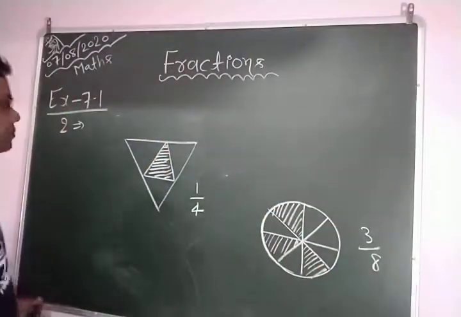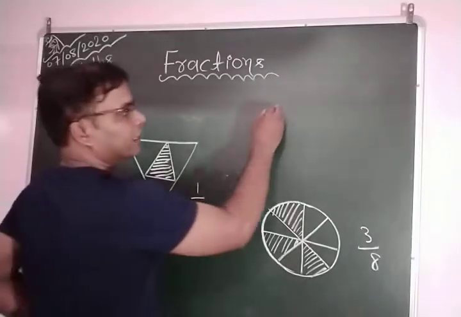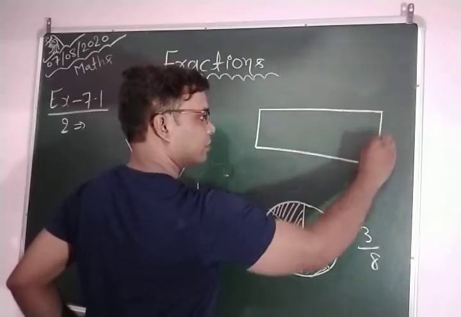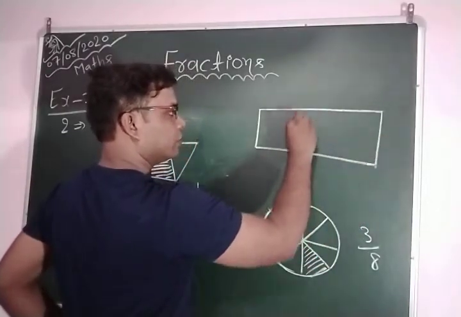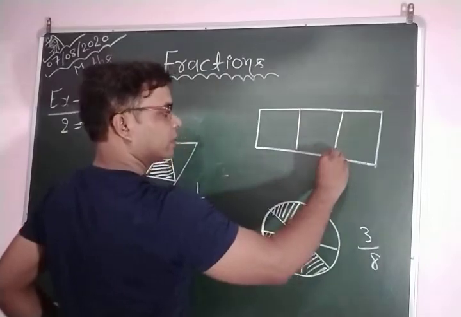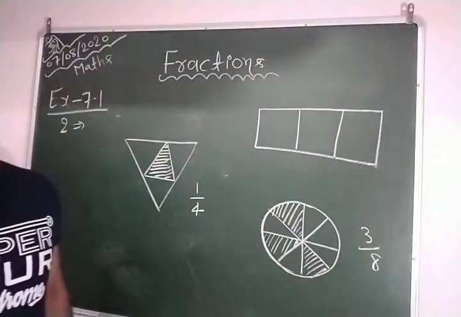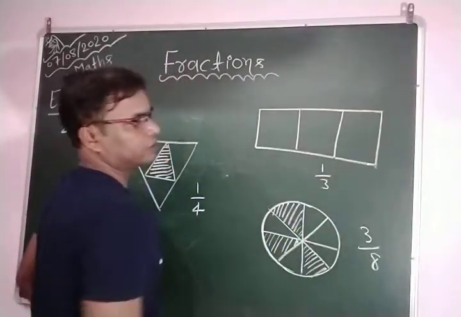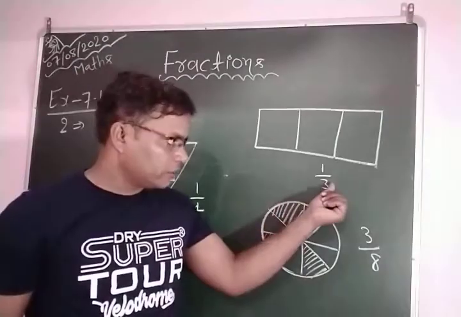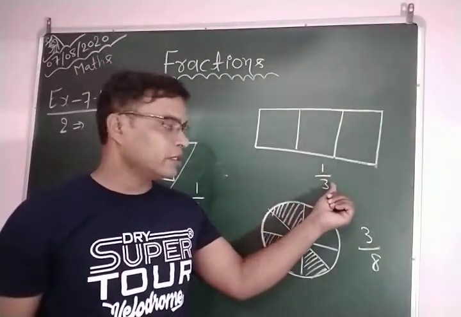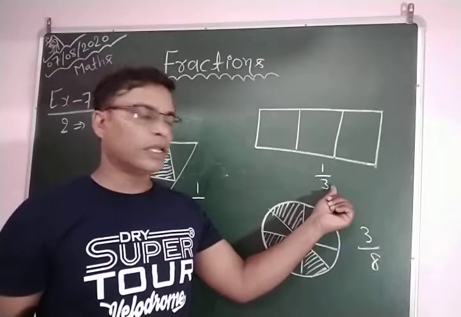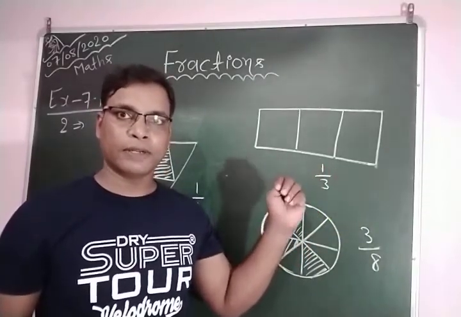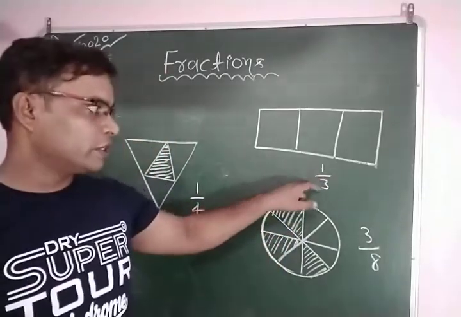Okay. Next question. The next figure is given like that. This is one part, this is 2 parts. This is given, and the fraction is also given, 1 by 3. So this is the denominator, this is the numerator. The denominator represents the whole, and the numerator represents some part, a part. So this is the whole, this is a part.